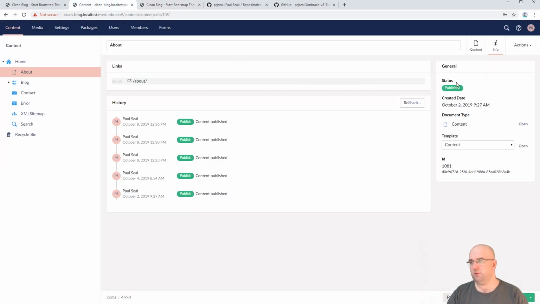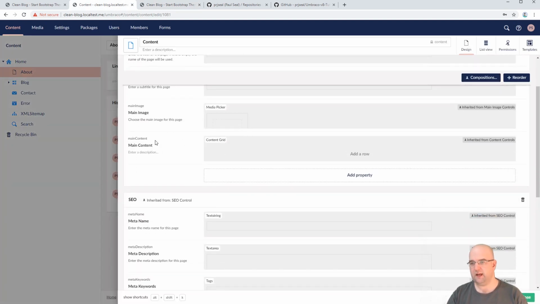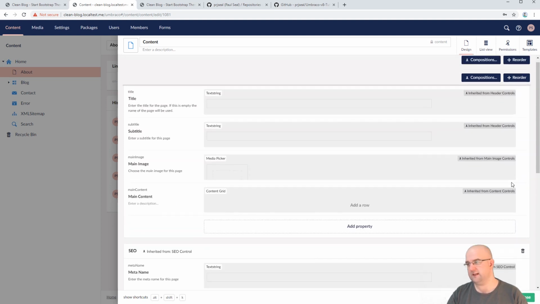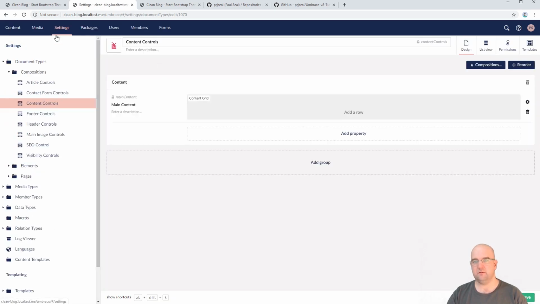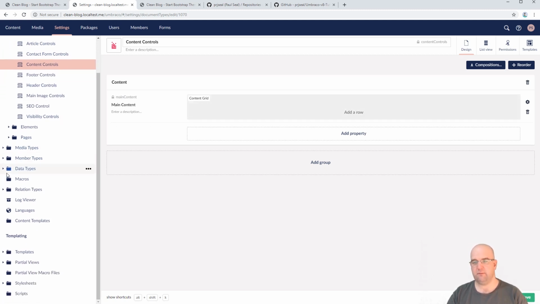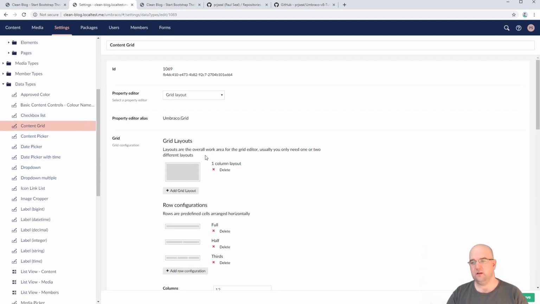So let's go to the document type, and we'll see that we have a content grid type called main content. And that is on our content controls composition. So on here, we're using the content grid data type. If we track that back to data types, and we go into here, content grid, we can see that